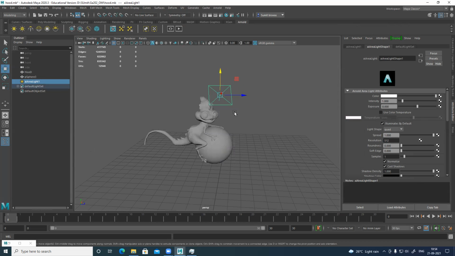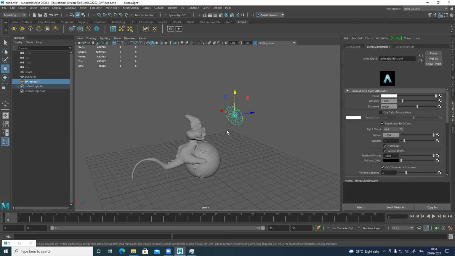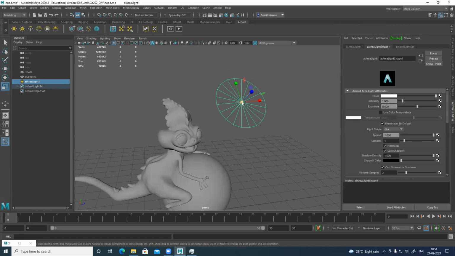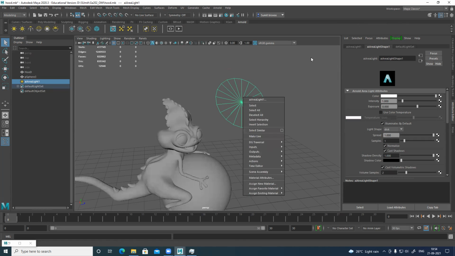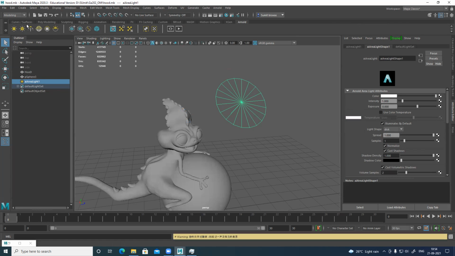This is square in shape, so I can change it to disk, so it will create a circular reflection. And I'll reduce this. Some error.